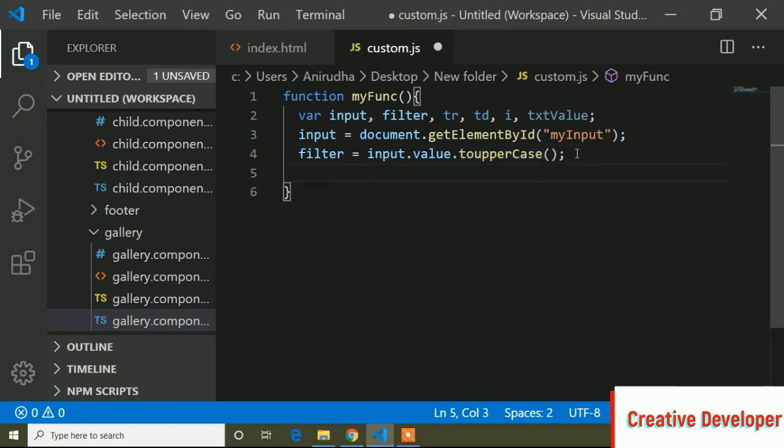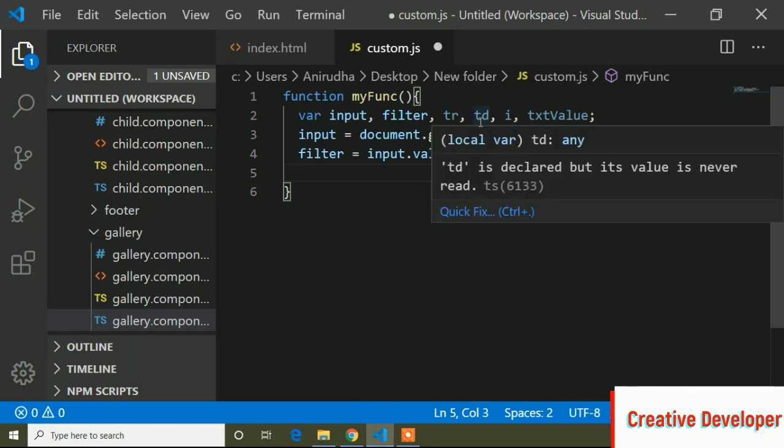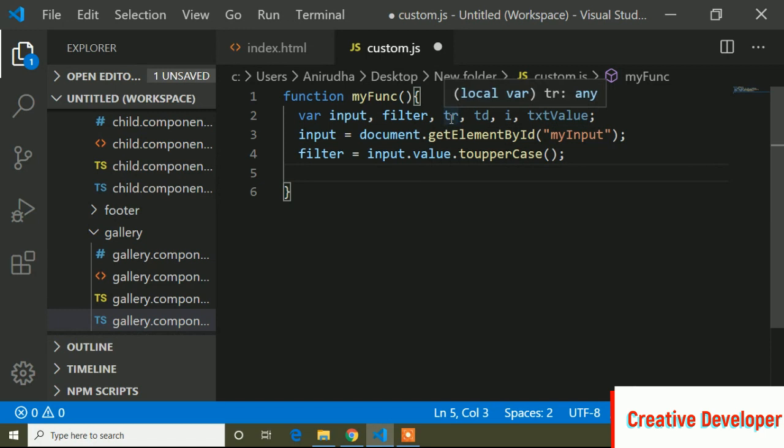And now here I will write another variable, tab.